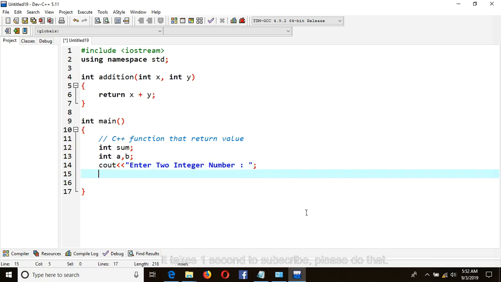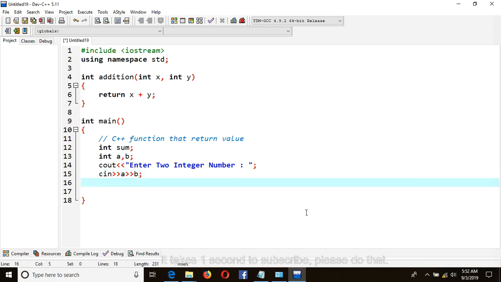Put a semicolon, read those integer numbers inserted by the user, then sum is equal to addition(a, b);